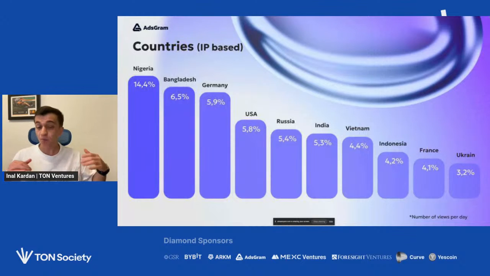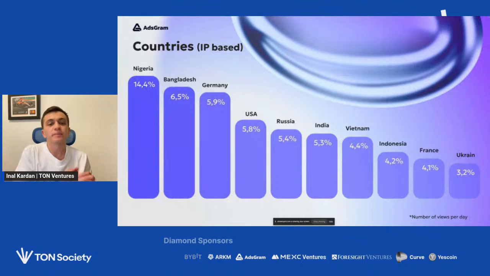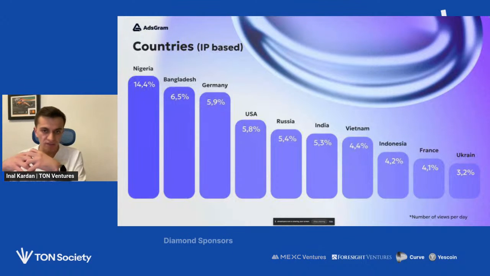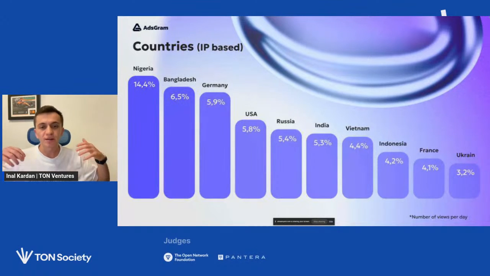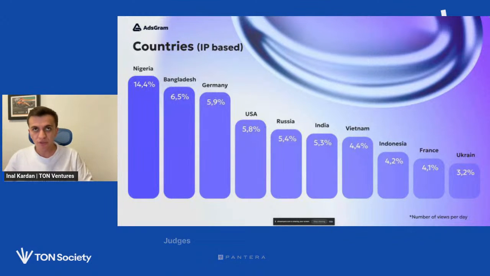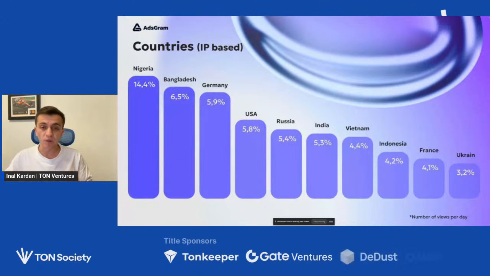So again, it is important to understand that targeting based on IP and based on language is not the same. And you have to understand which targeting will work for you. The best thing that you can do is actually run small experiments. If we speak about experiments and how much money you want to spend on them, for AdsGram, usually up to $100 for one type of video and several markets is enough to understand how well this specific campaign will perform.